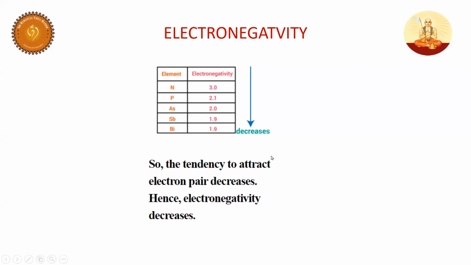The answer is nitrogen. Students, very simple. Nitrogen and chlorine: nitrogen has a small size. The reason is nitrogen's electronic configuration is 2p3, whereas chlorine's is 3p5. It is a 3p orbital for chlorine and a 2p orbital for nitrogen, so the outermost orbit is 2p. So nitrogen has a small size and more tendency to attract the shared pair towards itself. So nitrogen is more electronegative than chlorine, even though both have the same electronegativity values. I hope you'll make a note and remember this concept.